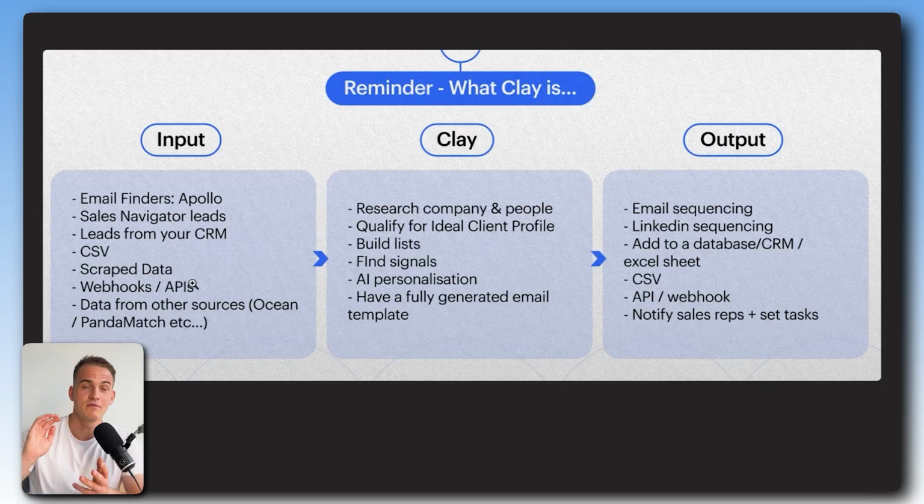It can be any sort of leads that you get from Apollo or Sales Navigator or whatever. Clay can then personalize, enrich, and qualify this data for you, and then the output will be you being able to automatically sequence leads via LinkedIn, email. You maybe add them to your CRM. You can also send data via webhooks and APIs, or you can even create tasks directly from Clay for your